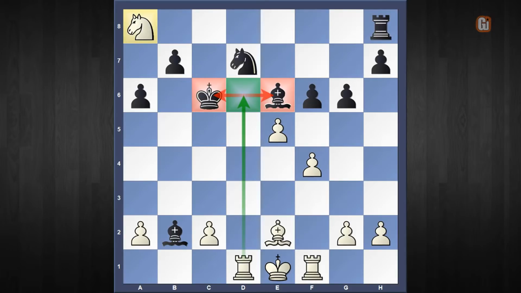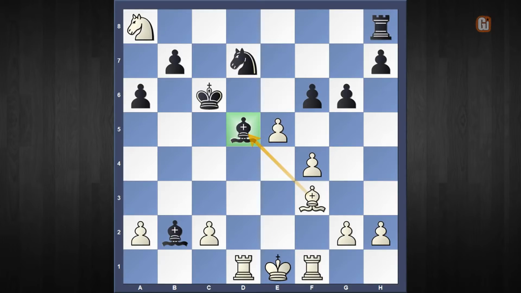So the threat is very simple: rook to d6 and nabbing the bishop. So bishop to d5 is the obvious response. Afterwards, we keep attacking that bishop with bishop to f3. And the whole point is, after bishop captures f3, we are not going to capture that bishop immediately, but rather